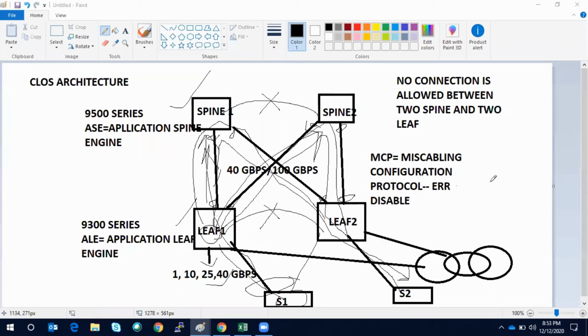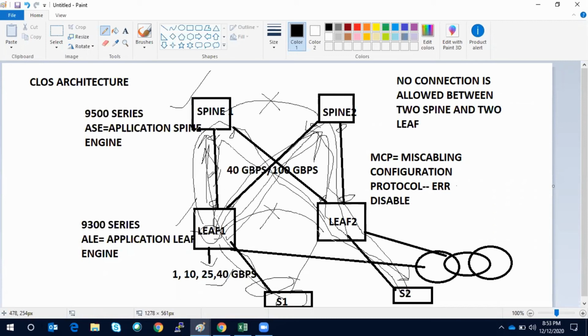Okay, guys. So, where I was. I was saying that in ACI, it is per flow load balancing. Let's say leaf 1 server S1 wants to talk to S2. For one flow it will take this path from spine 1 to leaf 2 and go to S2. For another flow it can take the other path from the spine to leaf 2 to S2. No matter what path it takes, the destination is always one hop away.